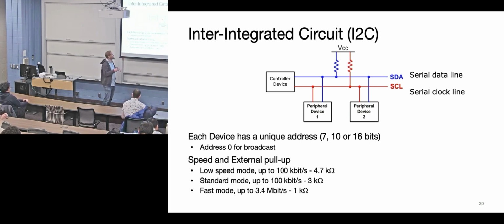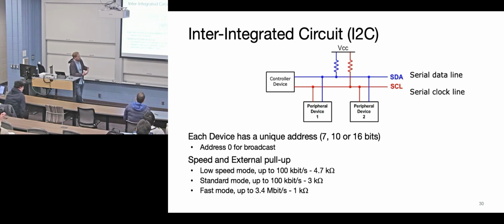How is arbitration done on this one? Well, everybody has an address. Where does the address come from? Yeah, so there's literally a consortium whose job is to keep track of all the addresses in the world and make sure they don't collide. Can you imagine? They have some engineer that's in charge of that. Oh my gosh, that sounds so boring to me, but I'm sure it's good money for them. Yep, so all those addresses are controlled, so there's no collisions. They are burned in at manufacture time.